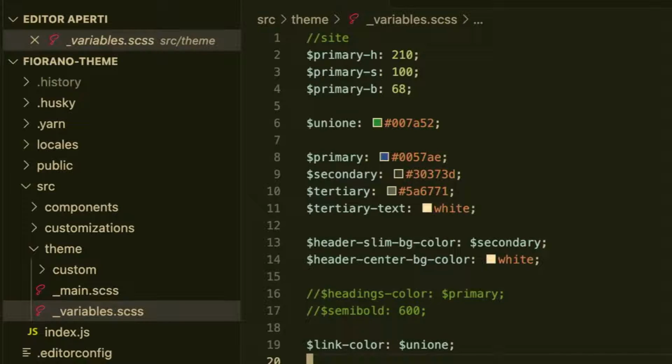src/theme/_main and _variables files. The main file is most of the times empty. Sometimes you need customizations, and I'll show a little example. And there's the variables there. So we define a few colors, and the theme is ready and customized. I showed these kinds of themes in most of the previous conferences. I won't go over why they're awesome